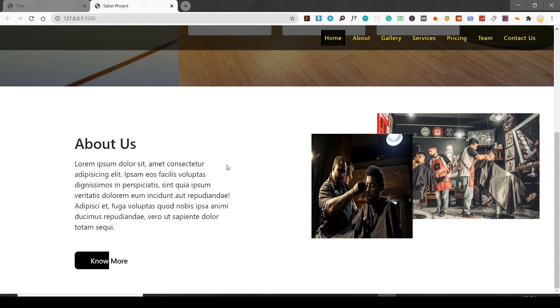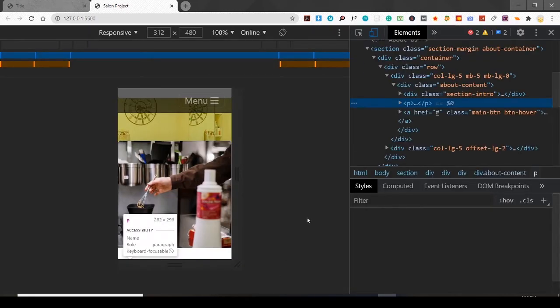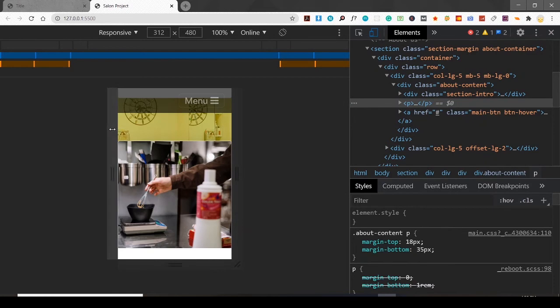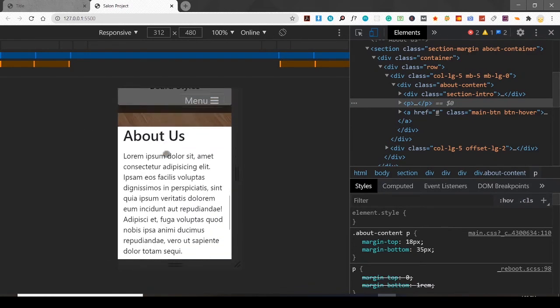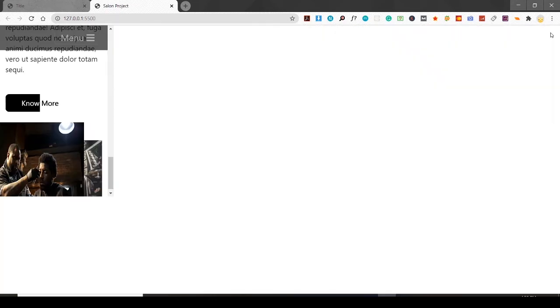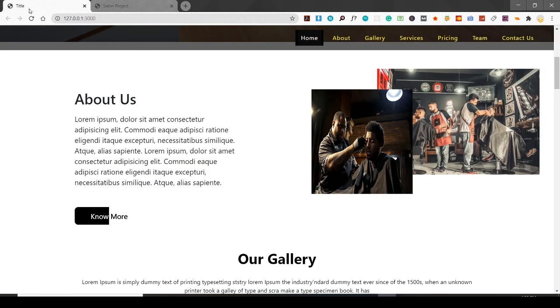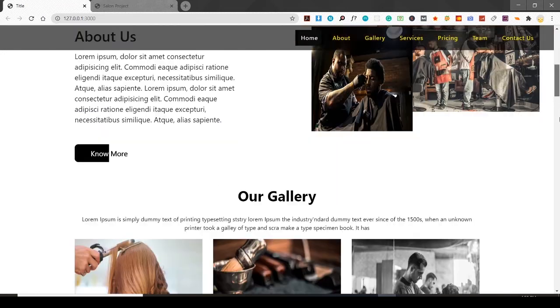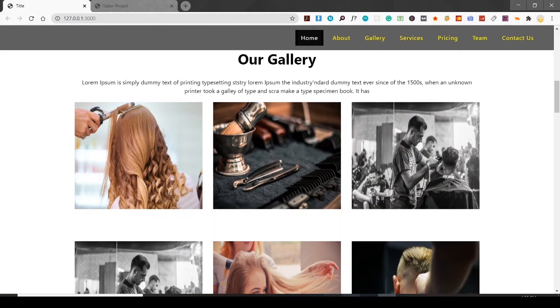So let's check the responsiveness of this section. And here, so about us, read more, and the image. Okay. Now let's move on to the next section. Our next section is the gallery section. So this is our gallery, and let's go to the editor,